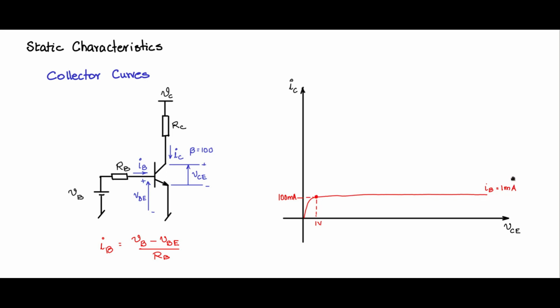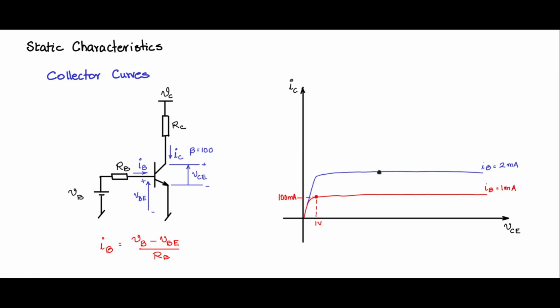Now what you do next, you can increase VB and make IB equal to 2 milliamps. So the moment you have 2 milliamps, you will see this curve which is coming. So when you make IB 2 milliamps, again you make VC 0, and then from 0 you start sweeping it, gradually increase VC to VC max. So you will see this blue curve set of points coming in different values of IC as you sweep VC.